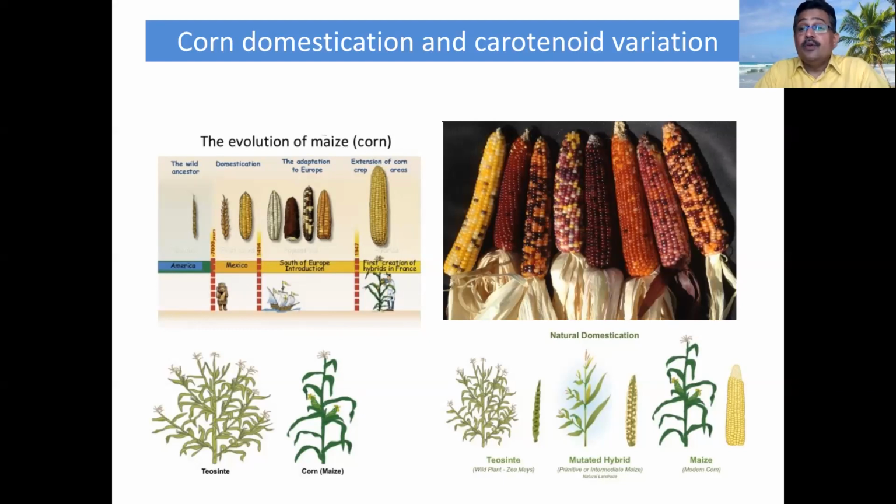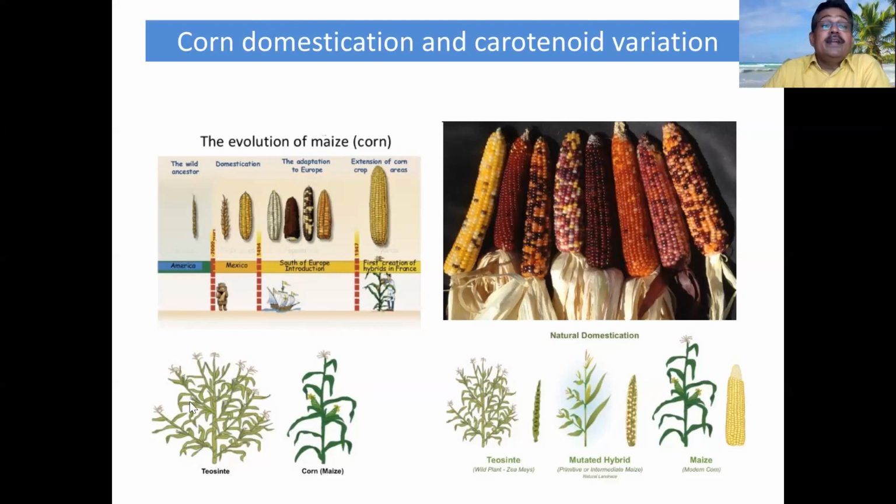But one advantage when you go for maize is that maize already has its own natural variability, in which there are some lines which have high beta carotene. That is the first breakthrough in the case of maize. Some of the temperate maize lines which have been available at CIMMYT, Mexico, there are a few lines which have high beta carotene. So how they found out which gene it is and how we are going to transfer it, that is the discussion today.